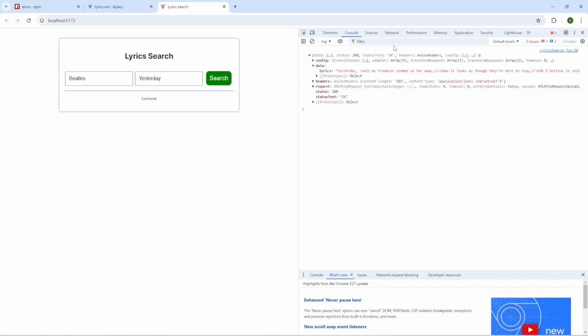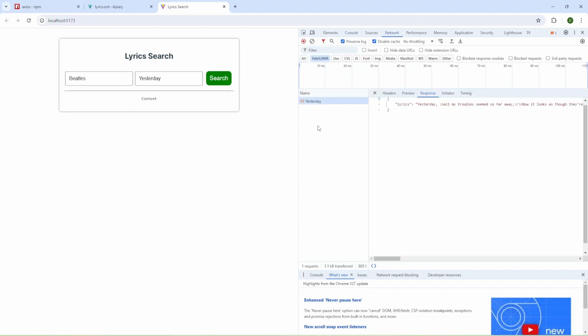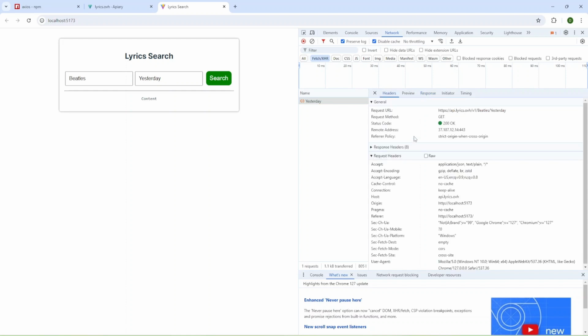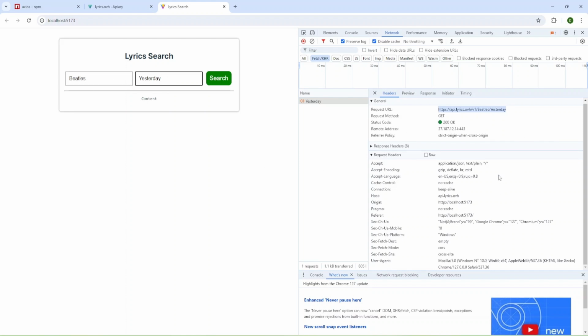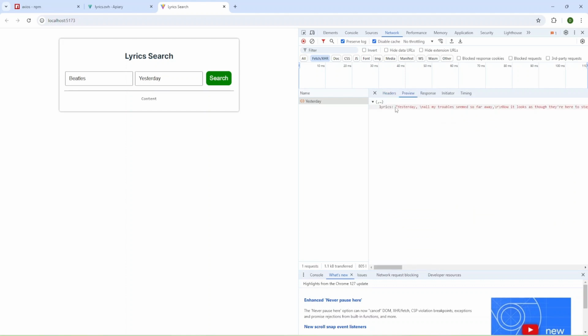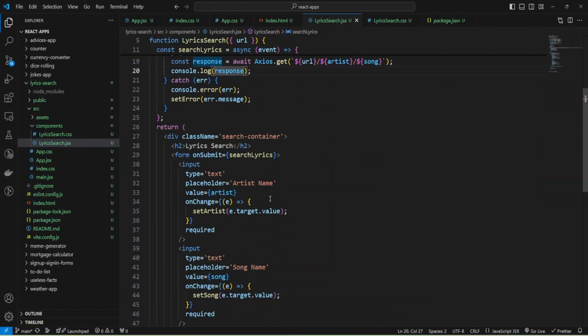Also we can check the network tab, and we have our request to api.lyrics.ovh v1 Beatles Yesterday, just as we provided in our inputs, and we can check response and preview.